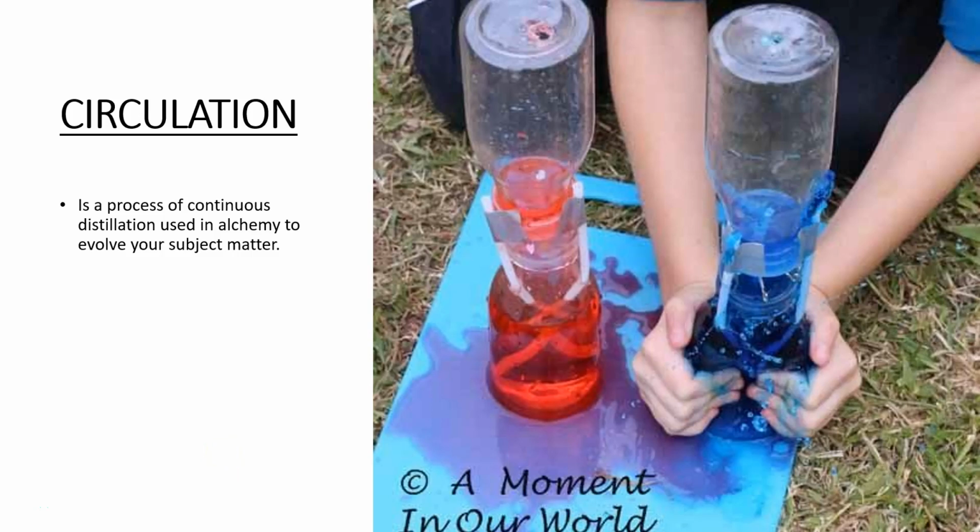Circulation is a process of continuous distillation using alchemy to evolve your subject matter. In the simplest form, your subject, say one of the 7 basics, is placed into a tall bottle like a long wine bottle and gently heated at the bottom, while the top is allowed to remain cool. In this way, the liquid distills upward, hits the cool surface, and condenses, then falls back into the bulk of